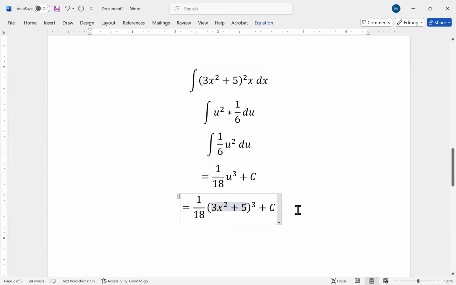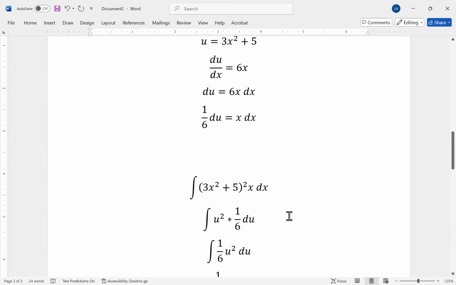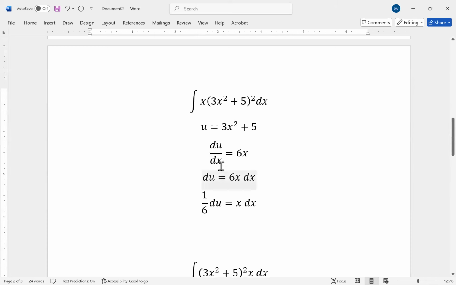So that's the antiderivative that we're looking for, or the class of antiderivatives, because technically c can be any number. So this is the class of antiderivatives, and that is my final answer. So that's just an example of, again, utilizing